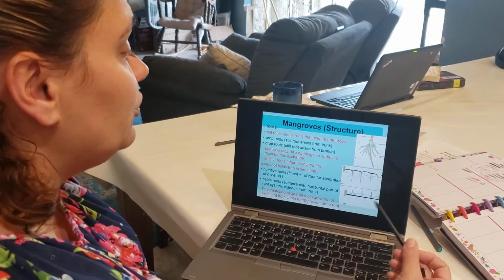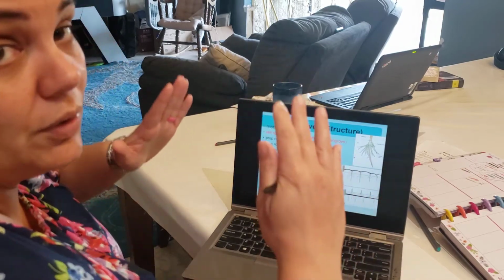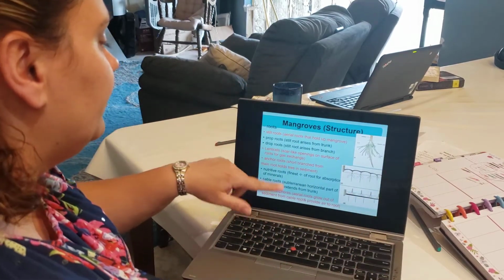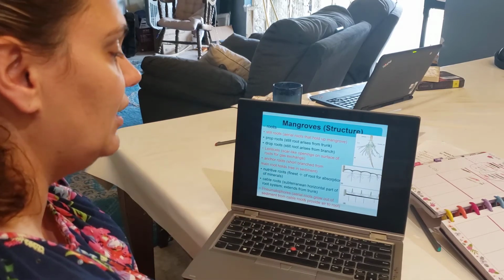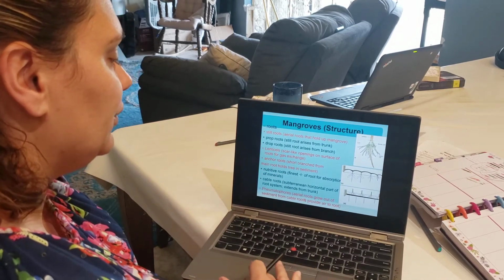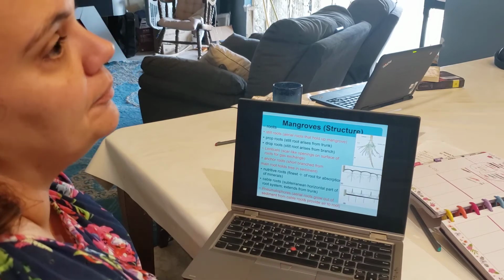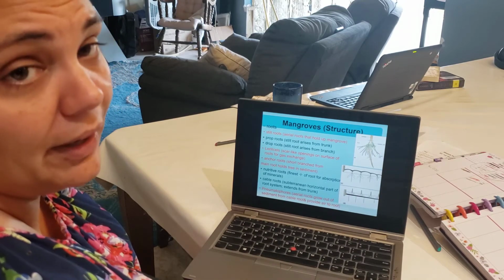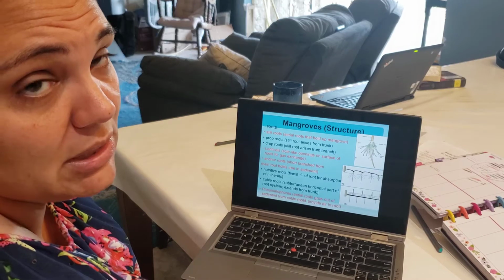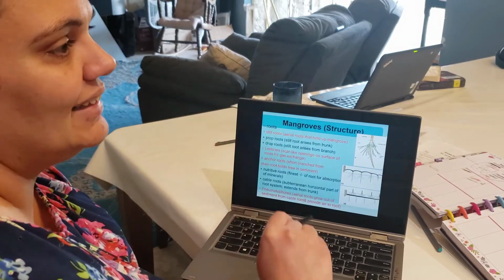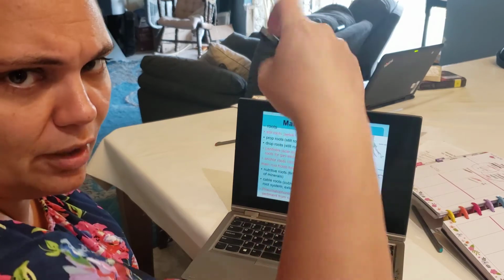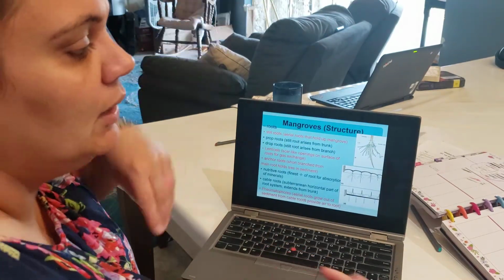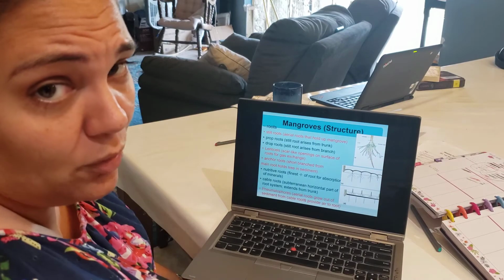They have stilt roots. These are prop roots that will actually help hold up the mangrove. We already did that. Anchor roots, they're short branches from the main root that'll hold the tree in the sediment. And then pneumatophores. All right, if you've been in any kind of swampy area and you've been around cypress trees, you will notice these little extensions that come out. They kind of look like roots, but these shoot up. It'll be about this high,